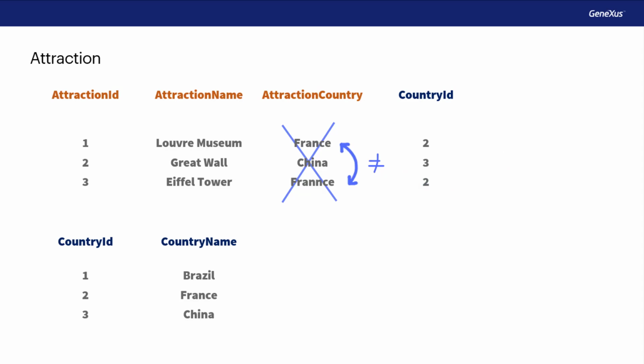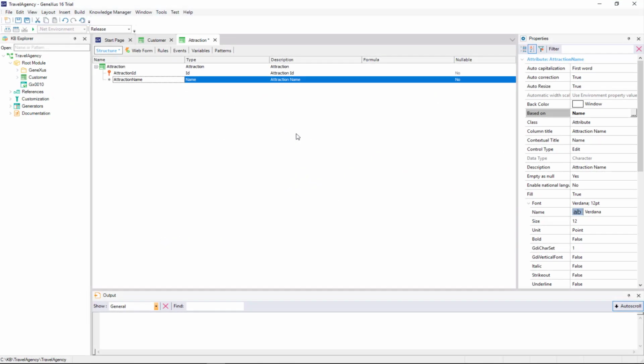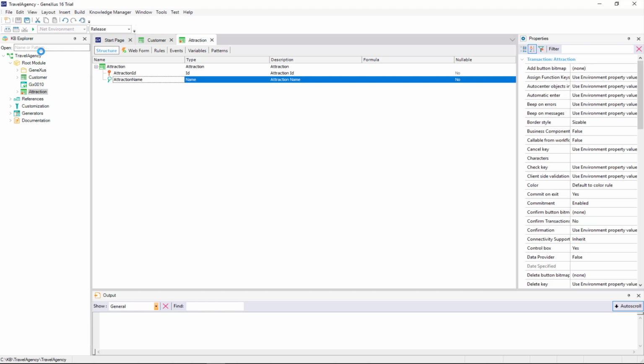To do this in Genexus, we will create a transaction to record the countries, and then we will see how to assign a country to each transaction. Meanwhile, we save the attraction structure that we haven't completed. Note that it's indicated visually that this object is pending to be uploaded to Genexus server. We'll leave it like this for now, because we will need to upload this change together with other changes that will be made in the following video.